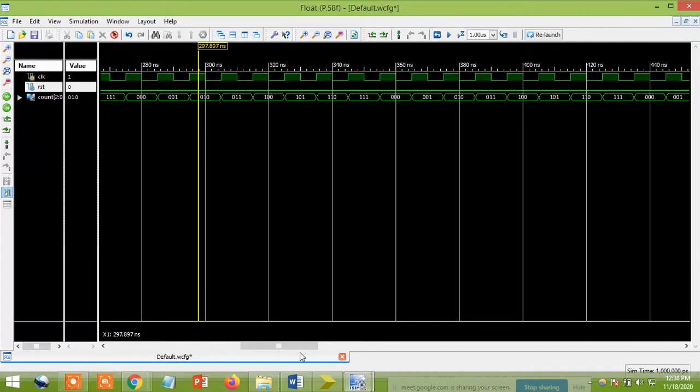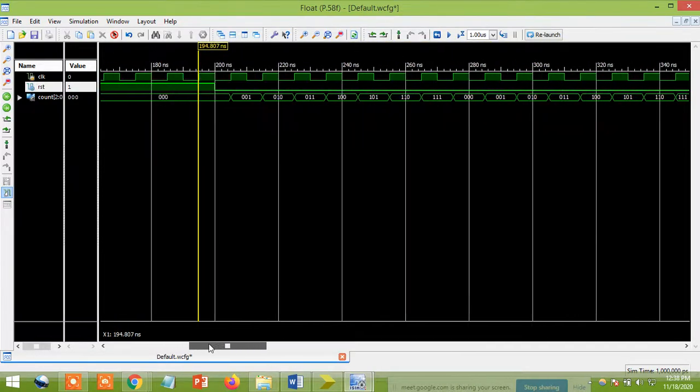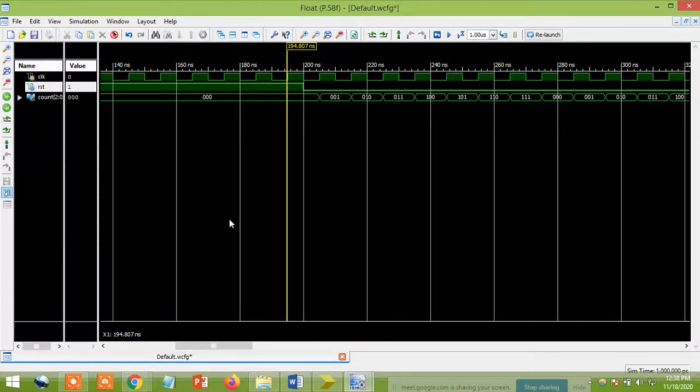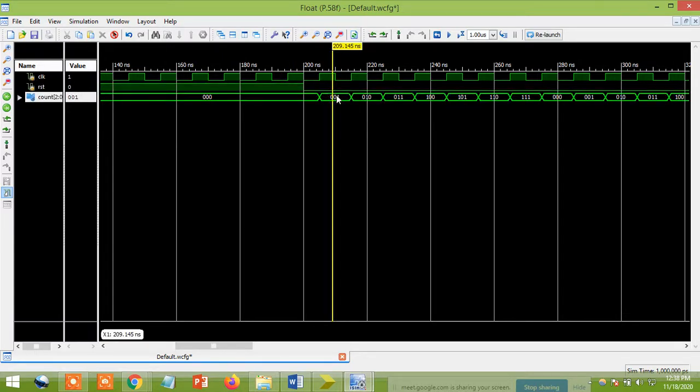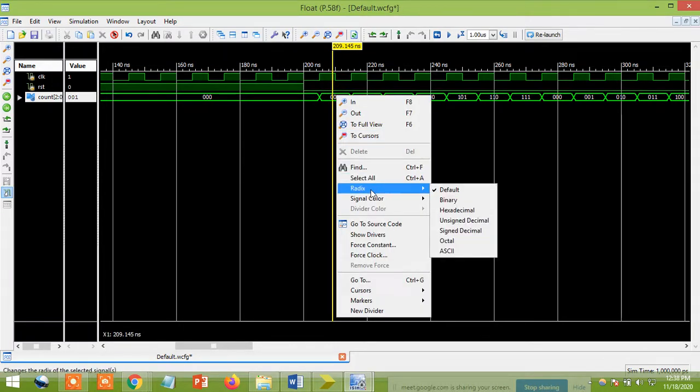If you want to see this waveform in terms of decimal, signed numbers, or hexadecimal values, then what you have to do is right-click on this waveform. You have an option called radix, and you can see it's displaying binary by default.